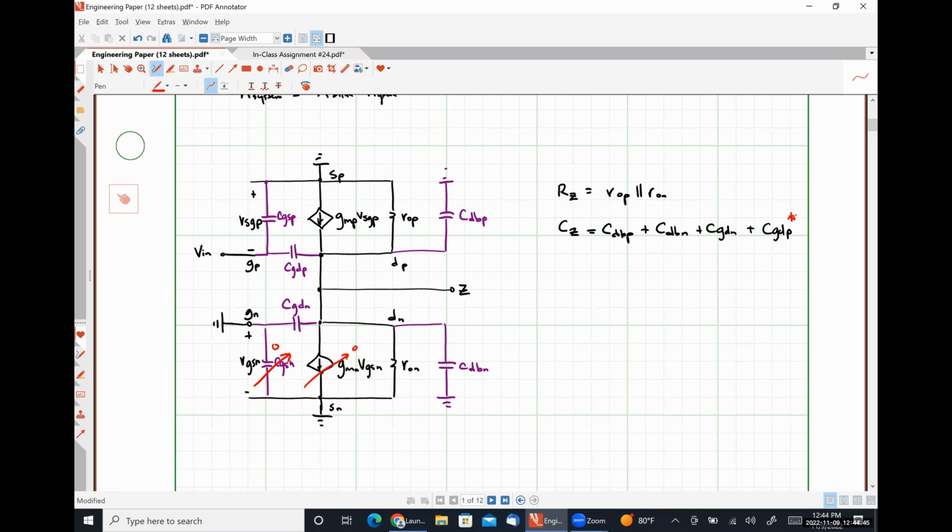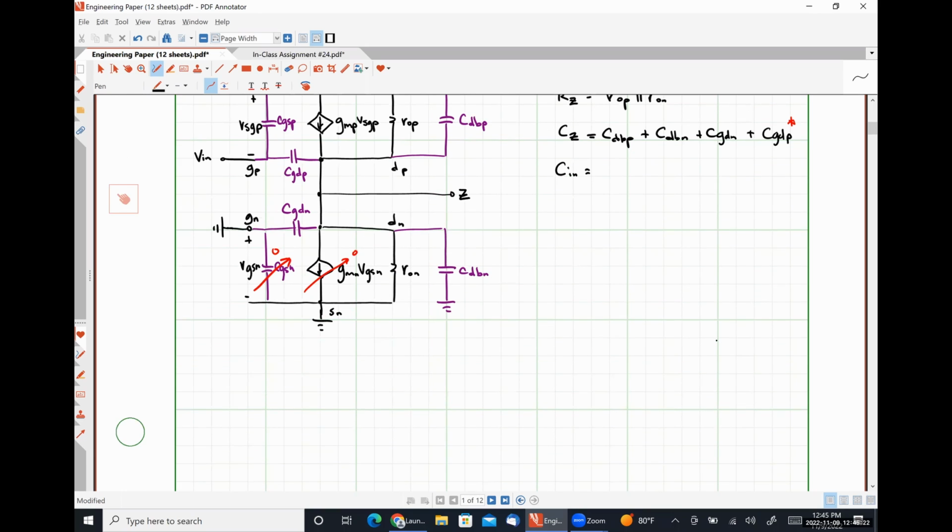So I'm going to make a note here as well that we are going to have some capacitance that is referred to the input node. That is going to be effectively a Miller capacitance associated with CGDP as well, but we won't know what that is really until we figure out the transfer function of this thing so that we know what the DC gain is, and then we can refer some portion to the input. All right, so